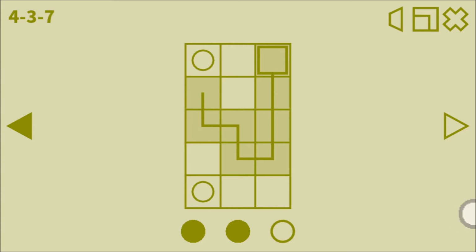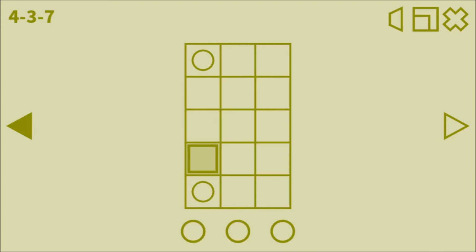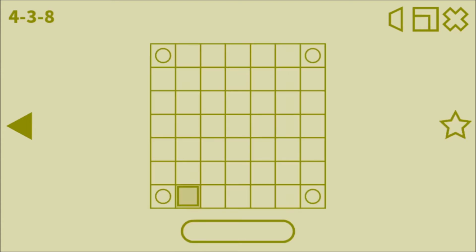Oh, whoops. There you go. Yeah, so there you go. That's 4-3-7. Now 4-3-8 makes a bit more sense because we tried kind of the obvious thing, which was this in the last episode,